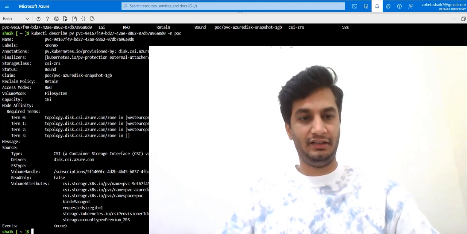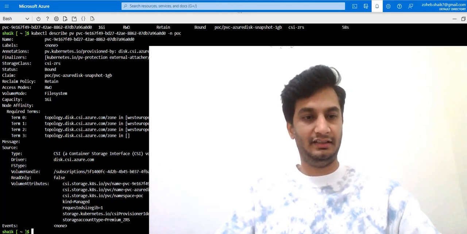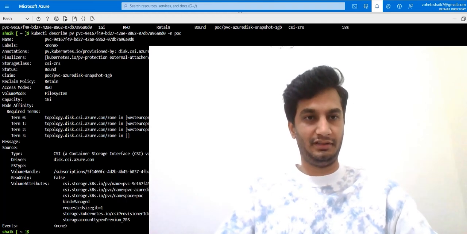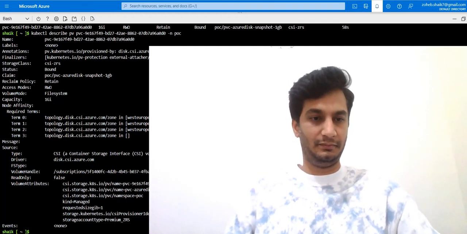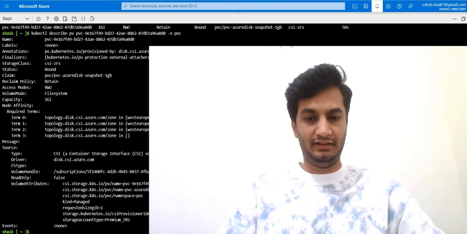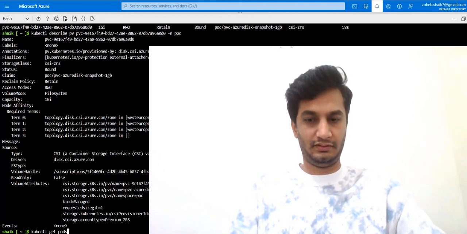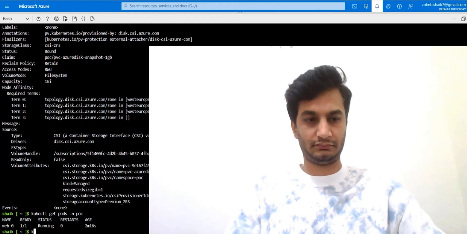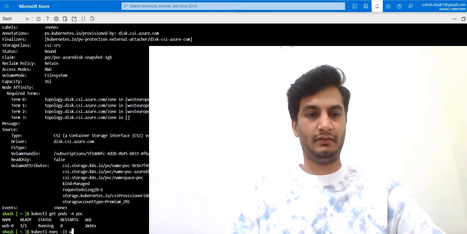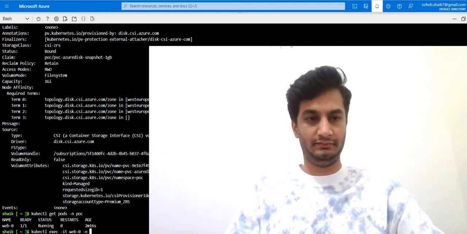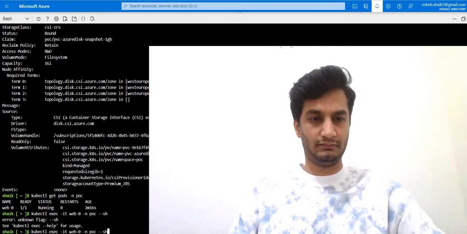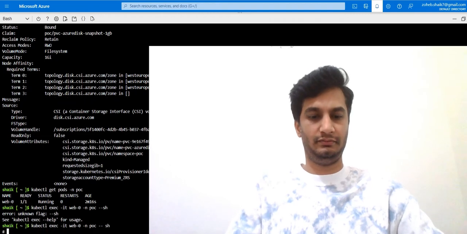That PVC I converted: I took a snapshot, then I created a PVC from that snapshot, and then I redeployed on a multi-AZ node. Get pods -n POC. It's a small typo.